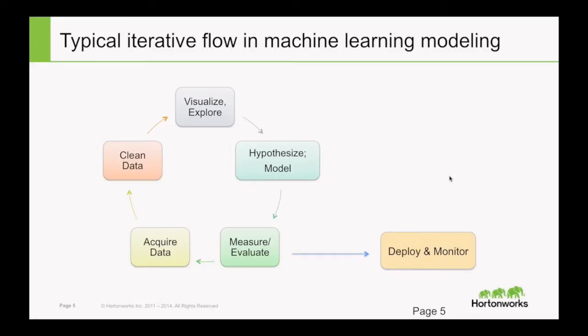Then a lot of the time in data science actually resides in the second box, which is cleaning the data. A lot of data tends to be very, very dirty, for lack of a better word. You can imagine things like text fields where people write different things in different ways. There's missing data. There are typos in the data. There are negative instead of positive values. There are a lot of different ways data could be not represented well, and especially when you take a lot of data sources and put them together, there are inconsistencies between them. And so a lot of work gets done in this cleaning phase of the data.